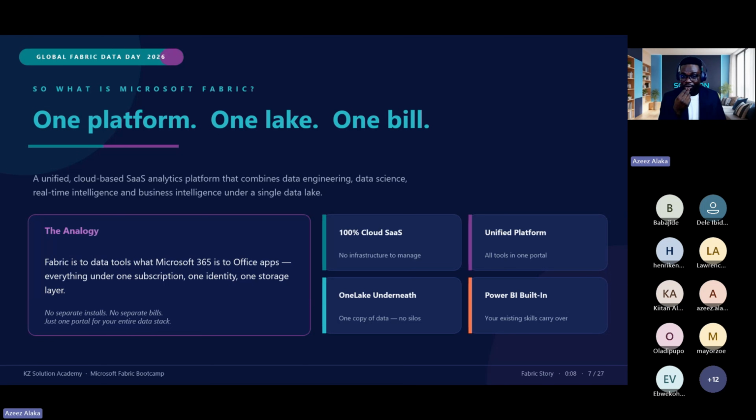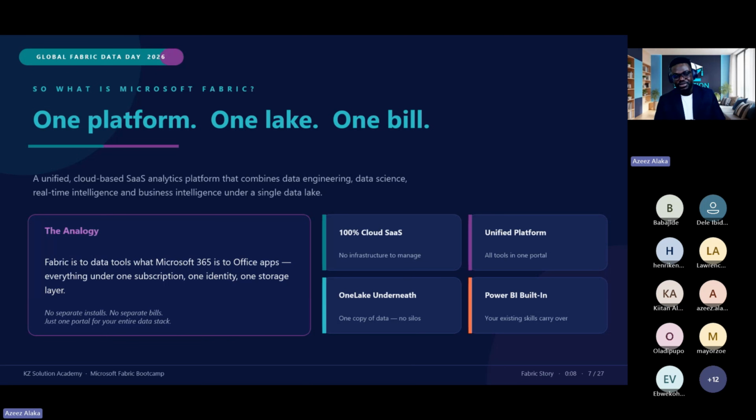I also worked on a project on Qatar weather, the weather condition. So it is very easy to do all of these with Microsoft Fabric. We have two types of data ingestion, batch and streaming data. It means the moment the data is being populated, you are getting it immediately. You can do all of that with Microsoft Fabric.